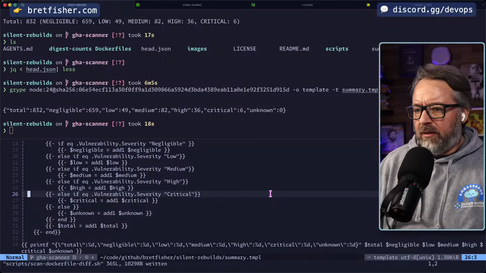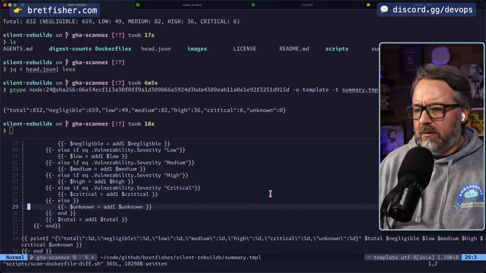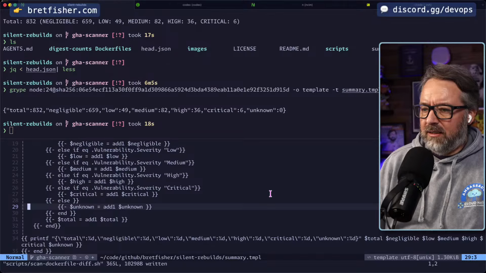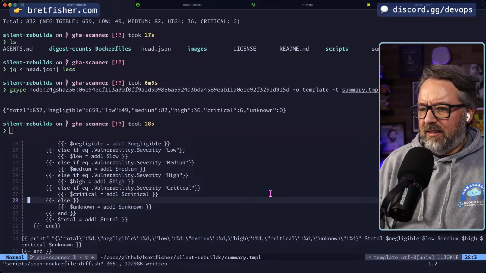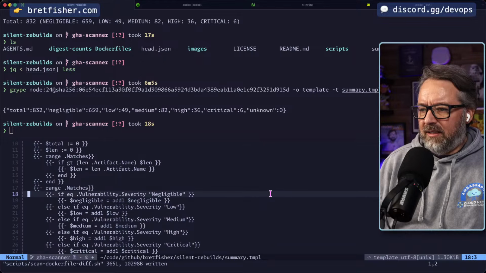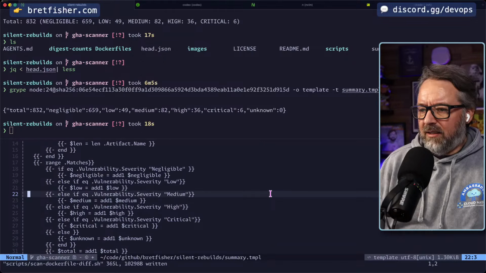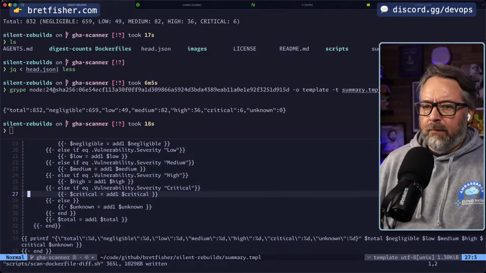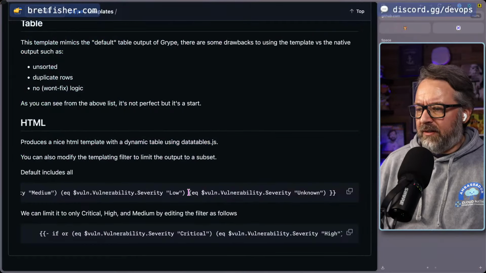Low, medium, high, critical. Oh, it's got an else. Add unknown. I feel like that's kind of janky. Low, medium, high, critical. But it seems like there's a status of unknown. So